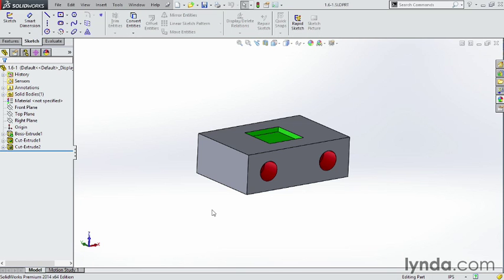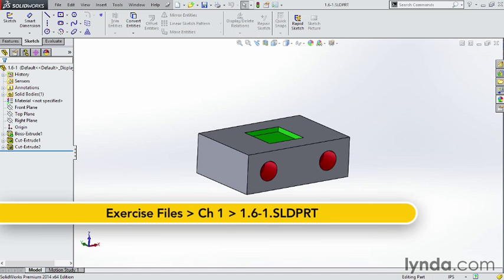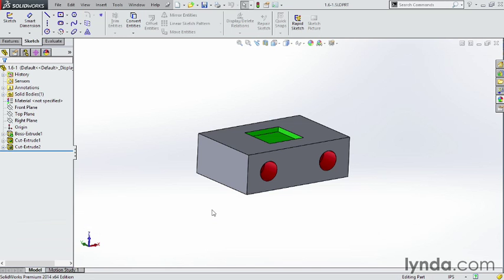Each year, SOLIDWORKS puts out a new version of the software. Some years there are major functionality updates, and other years they focus on stability and ease of use. That being said, the core modeling techniques between all the versions of the software are basically the same. This course will be focusing on the core modeling skills and essential techniques, so not all the new features will